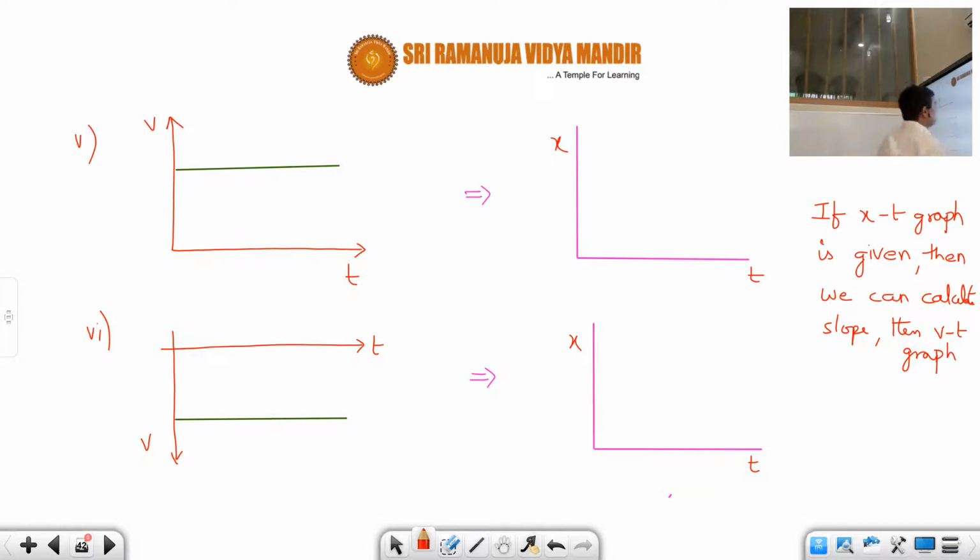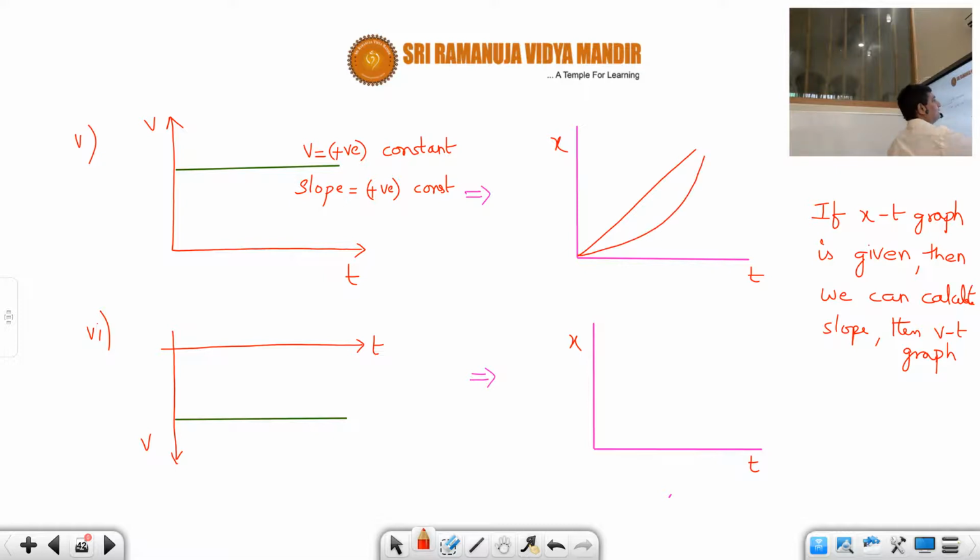Okay. So now if you see carefully, here V is positive, students. Here V is positive. Correct or not, students? Here V is positive and also constant. So now V means what, students? Slope. So that means slope must be positive and also should remain constant. So now see here, students, slope should be positive. Slope should be positive means acute angle. Correct or not, students? So acute angle means now we can draw it as like this. Suppose let us say we draw like this, and then we can draw like this.